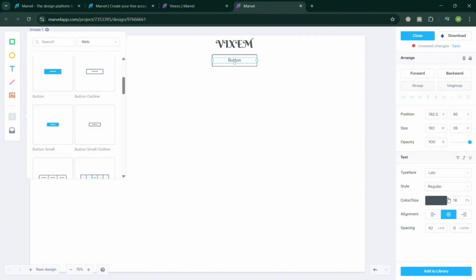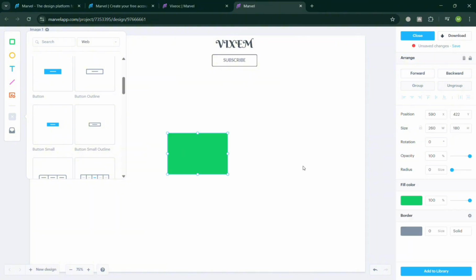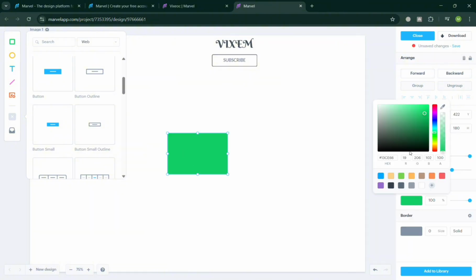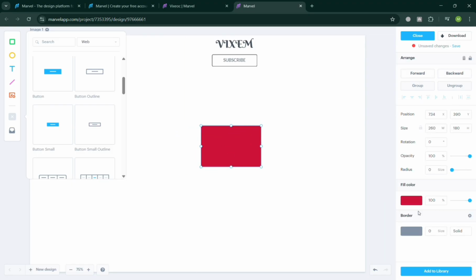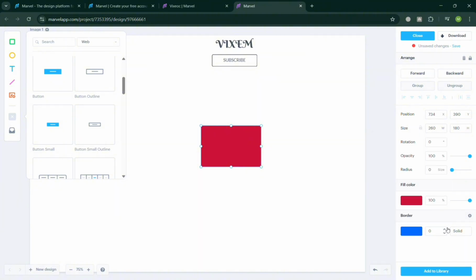For the button, let's say I'm going to enter here, instead of this text that says button, I'm going to simply customize it to make it a subscribe button. So as you can see, we have now here the title and the subscribe button. You could also add a shape by clicking the box icon on the left side panel. And it will also automatically add the box where you can change on the right side panel the color of it and change the location, the border if you want to, change here or select here the kind of border